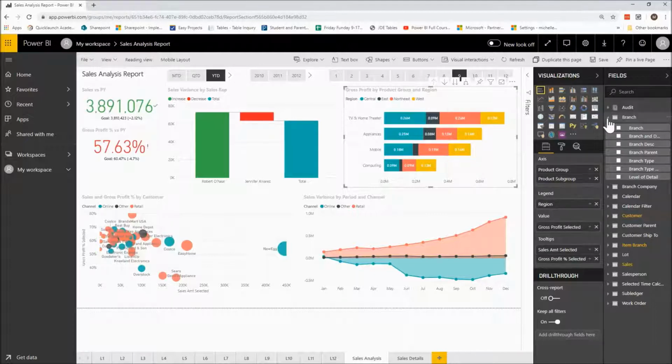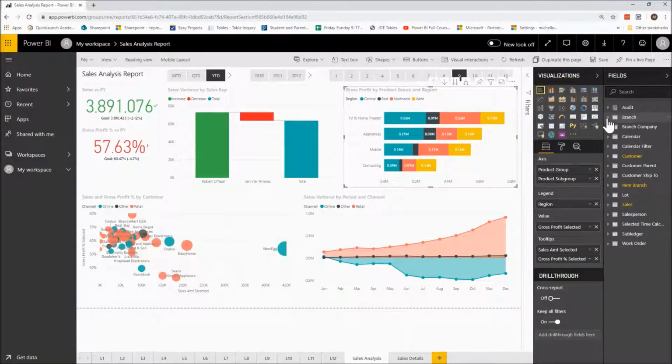over in our charts. The other type of data that we might see in here are measures. So the measures are actually the amounts or the numbers that we see. As we go down and we look at some of these tables, I've got my branch, I've got my company. Those are pretty straightforward. This calendar table, I want to just point out, make sure everybody is familiar with it,